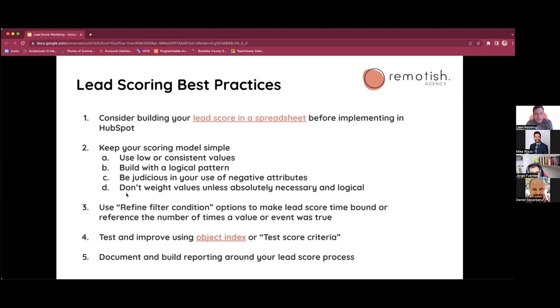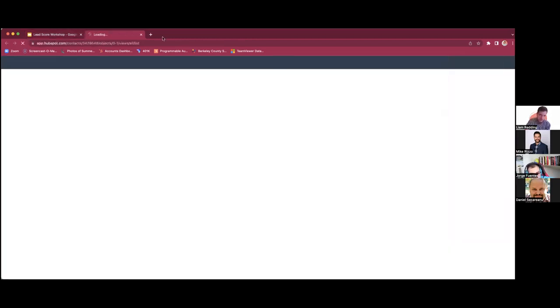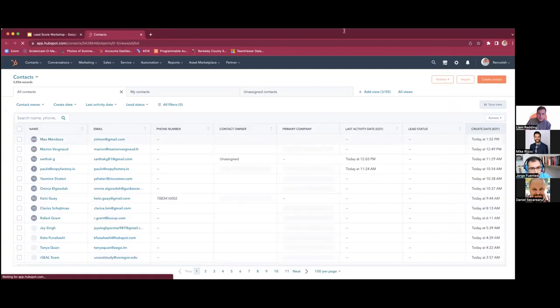The third one, and we'll show where this tool lives when we open up the sandbox portal, is using the refine filter condition option to make a lead score time bound or reference the number of times a value or event was true. The next one is test and improve using object index or test score criteria. We'll go over this in a minute. I want to show you the object index tip real quick. So what I'll do is